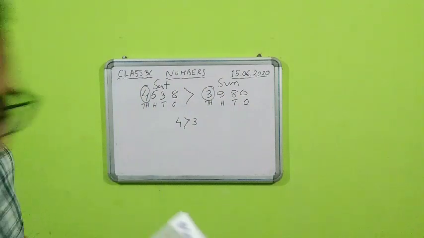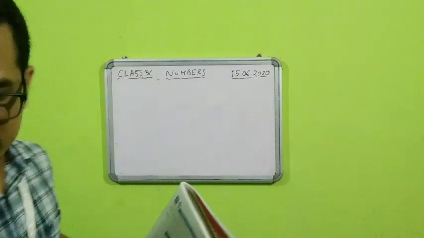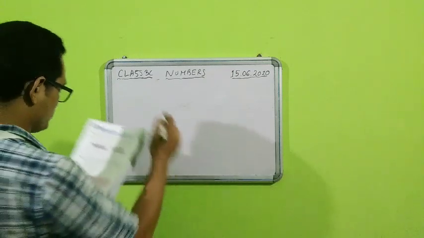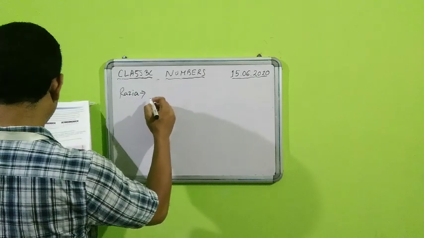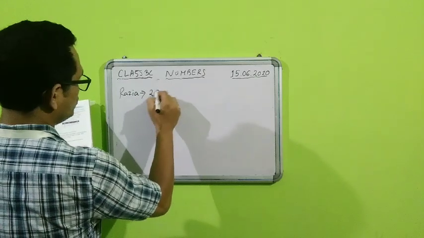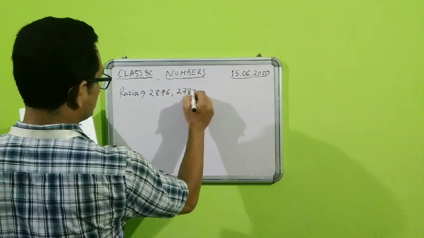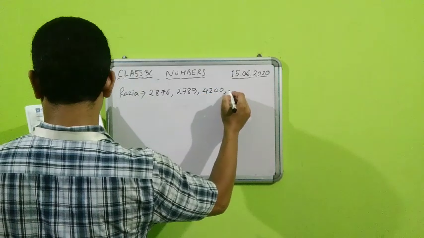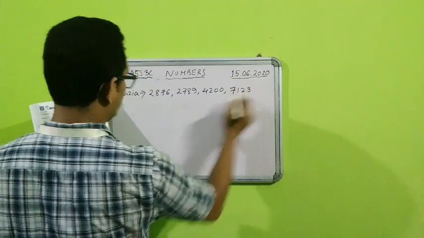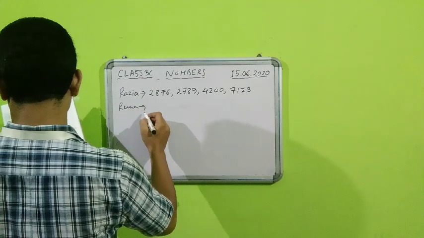So who arranged them correctly? Now, if you see the arrangement, students, let us see who arranged how. First, Regia arranged the numbers in this way: 2876, then 2789, 4200 and 7123. And Rina arranged this in this way: